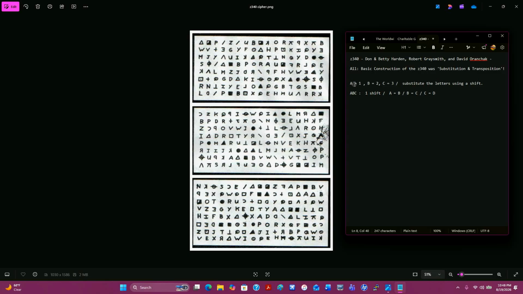So we went from A is 1, B is 2, C is 3, and C became D. So ABC would actually be written B, C, D. To solve that, right, all you'd have to do is shift back, minus shift 1, and then D would become C again,